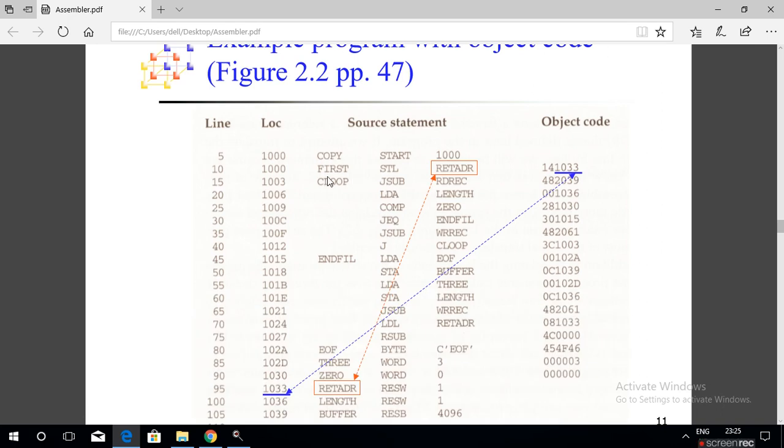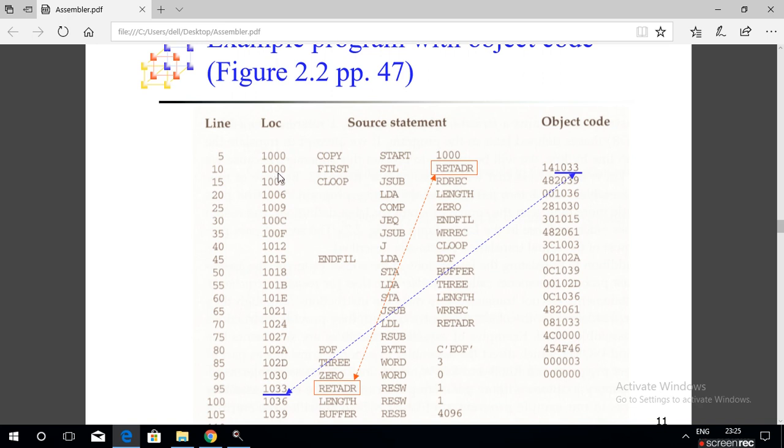These are the symbolic labels. Assigning machine address, the location counter value, to the symbolic labels. The first task of an assembler is assigning the machine address, that is the location counter value, to each of the symbols. This is the label field. All names that appear in the label field are called symbols. The first task of the assembler is assigning the machine address value, the memory location address, to each of the symbols.